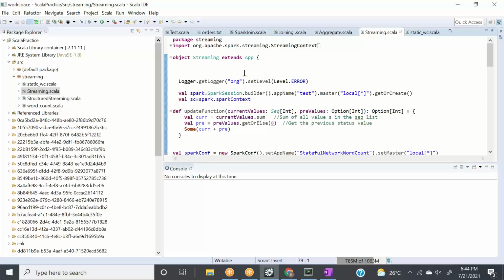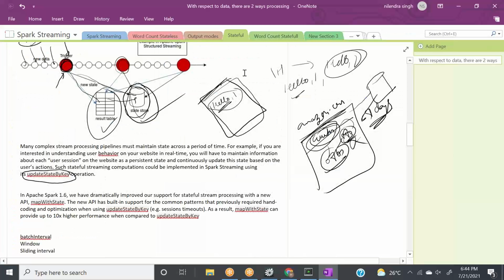Before I jump to more practical work, I need to tell you one more thing. How will the updateStateByKey operation know which state it needs to maintain? What do we mean by state, and what do we need to read when we go for the next operation?